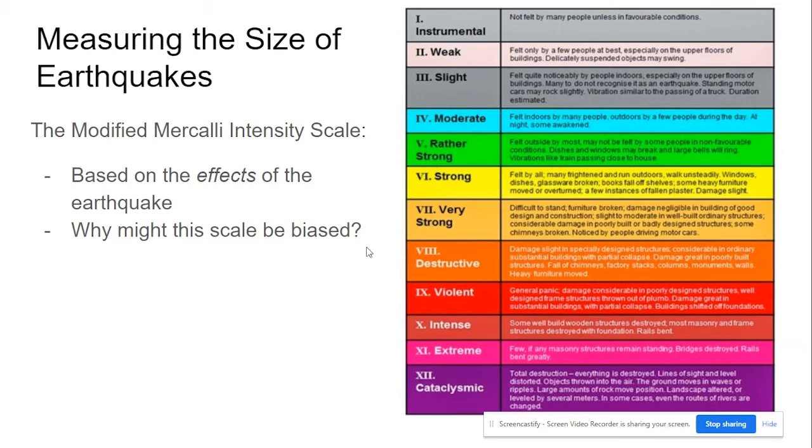There's a couple different scales that have been used to talk about magnitude of earthquakes. The modified Mercalli intensity scale is one of them, but this one is based on the effects of the earthquake. For example, that earthquake in Idaho that I mentioned earlier was between a 6, a strong, and a 7, a very strong. So these have effects like felt by all, many frightened and run outdoors, or difficult to stand, broken furniture,